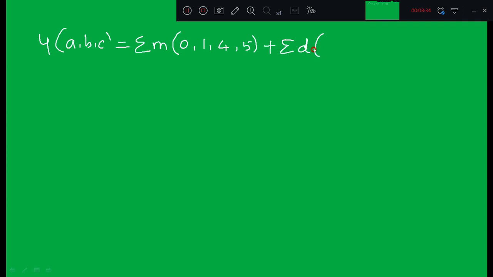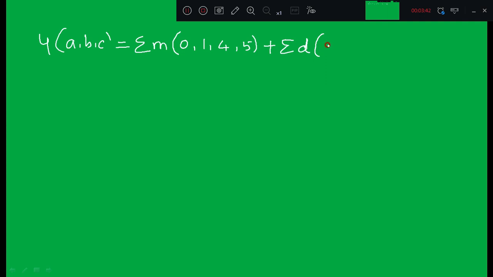With this basic knowledge of don't care conditions, we will see certain examples using a 3 variable K-map. Let us see one example: Y of A, B, C is equal to summation of small m, for minterm, 0, 1, 4, 5. This is the normal minterms. If I write the don't care terms along with it, they are represented as summation d. Small d stands for don't care.